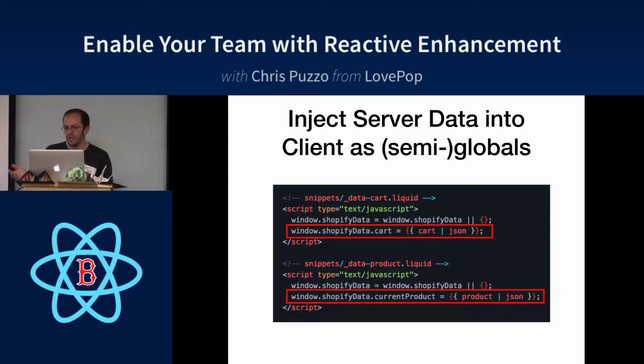The pipe is a filter, and JSON is the filter. So basically what this does is takes a server-side object, generates JSON out of it, and generates a JavaScript script tag that just has raw JavaScript in it. But what it's doing here is we're assigning it to a kind of semi-global, we've scoped it a little bit, object. So when this code actually runs, when the page loads,